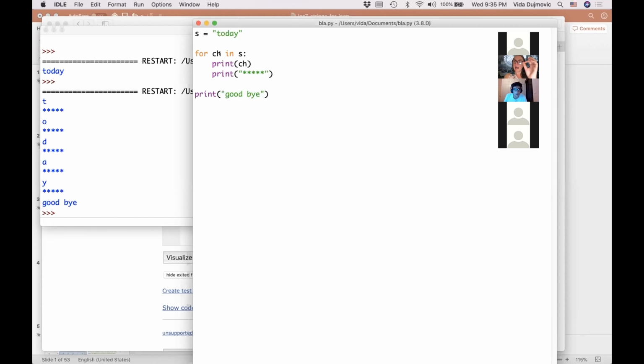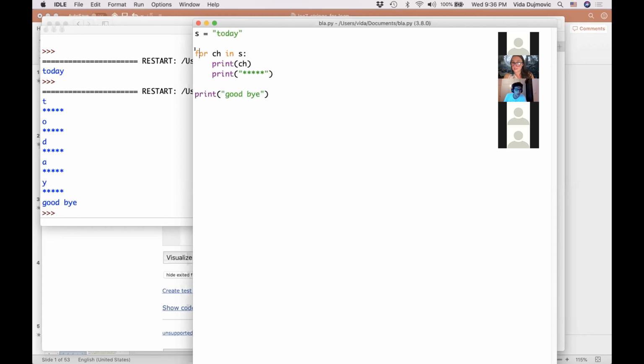Then Python sees, are there any more characters? In our case, yes. o is there. So it puts the next character in ch. So the second time you come here, it's going to put the second character in ch and enter the loop again. That's why it's called a loop. This body will be repeated as long as there are characters in s that we haven't put in ch yet. So the second time we enter, o is going to be stored in ch. So o is printed, stars are printed. We are at the end of the for loop. What do we do?